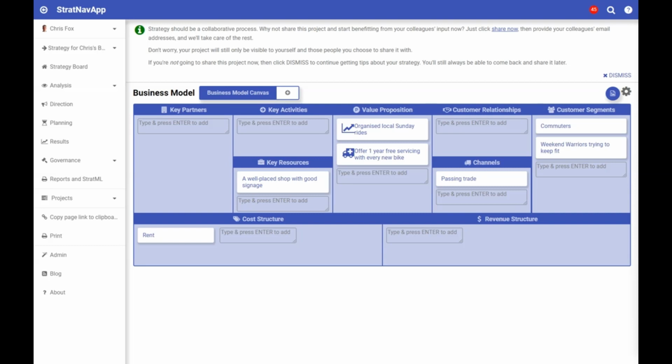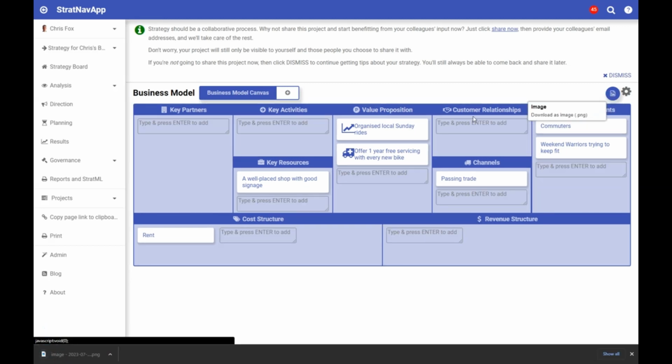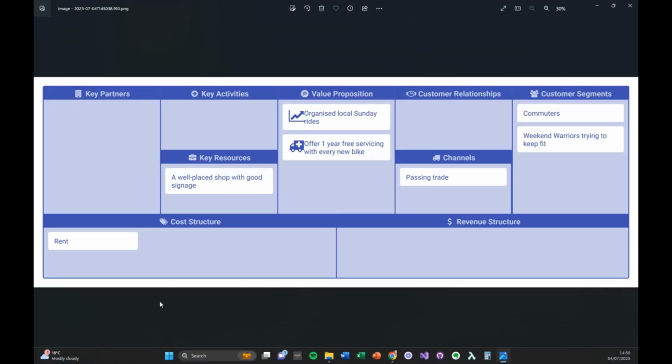There are 3 ways that you can do this. The simplest is to download one of your models as an image. If I click on this image download button, you'll see the system will download the image in my browser, and from here I can easily paste it into an email or an instant message to send to someone. You'll notice also that if I open it up quickly in an image editor, it's tidied up the image by removing the input boxes and anything else that's not needed to convey your meaning.